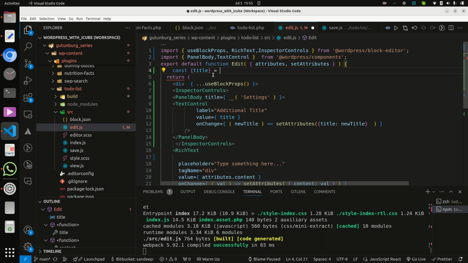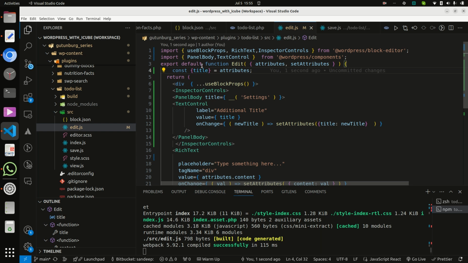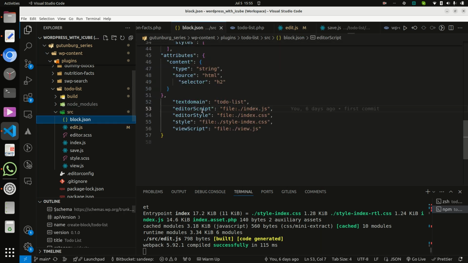equal to, directly passed from attributes here. Also pass attributes here also.